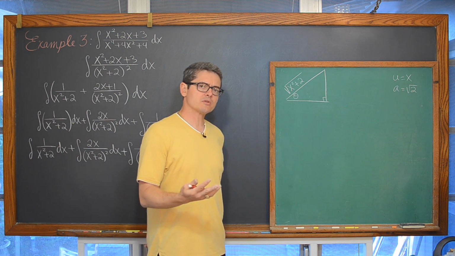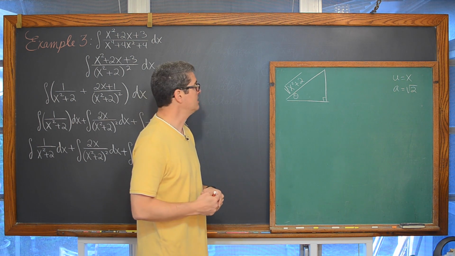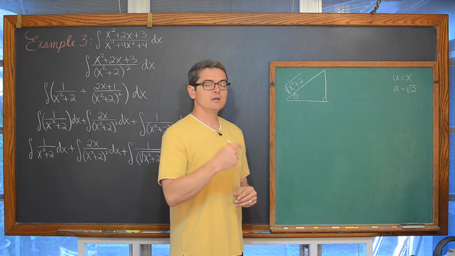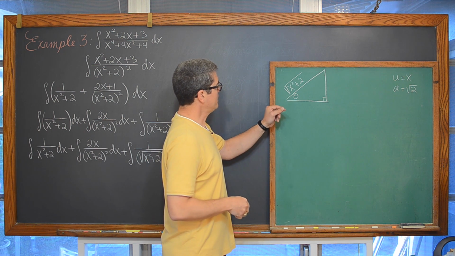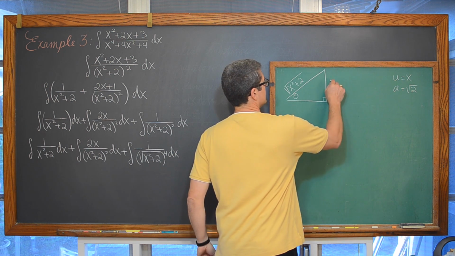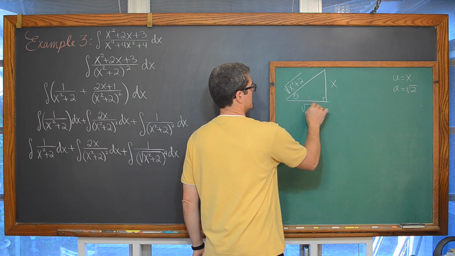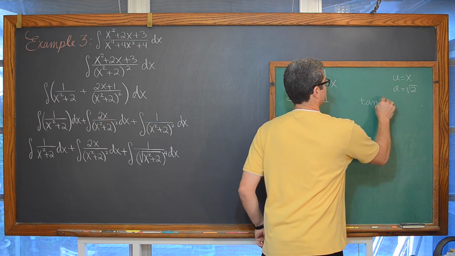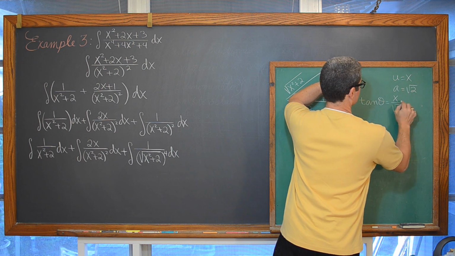Now, when we set up our trigonometric substitution, just in case you need a refresher or just to continue to solidify this with your own understanding, we want to set up a primary trig function of theta: sine, tangent, or secant. We also want our constant in the denominator. So we're going to let this vertical leg be our x, and the horizontal leg be the square root of 2, so that the tangent of theta is equal to x over the square root of 2.